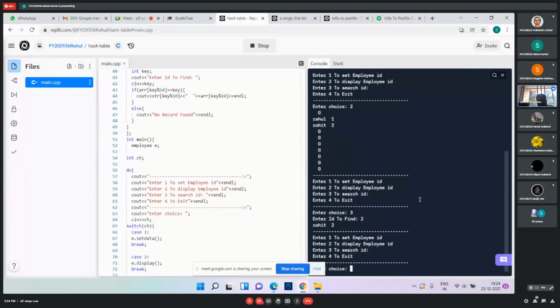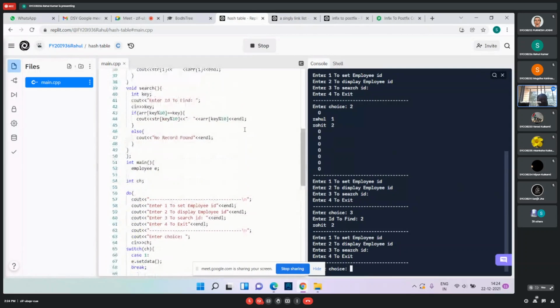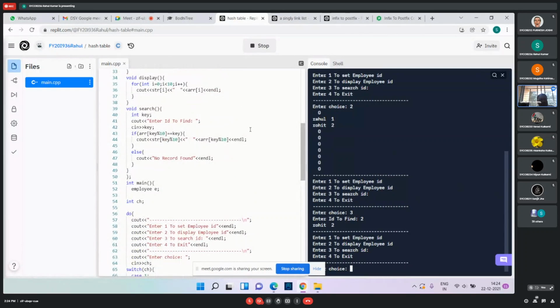Now this logic you have to explain, how the searching is happening. So we have asked for the option, which option to choose. Then for the searching we have entered the option 3, in which we ask for the ID, which ID is to be found. Then we have used the divider rule.